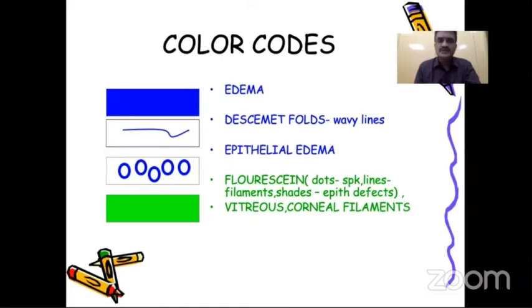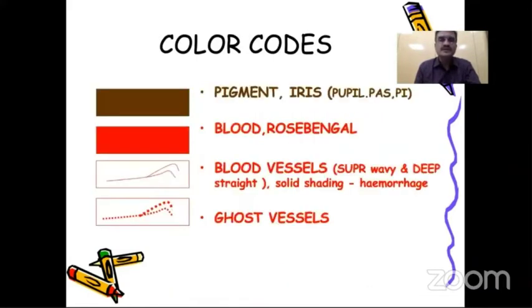Fluorescein staining can be demarcated in green color, either as a dot in case of SPK, lines in case of filaments, shades in case of epithelial defects. Vitreous and corneal filaments can also be documented in green color. Pigment and iris, your pupil, peripheral iridectomy, peripheral anterior synechiae in brown color, blood and rose bengal in red color,